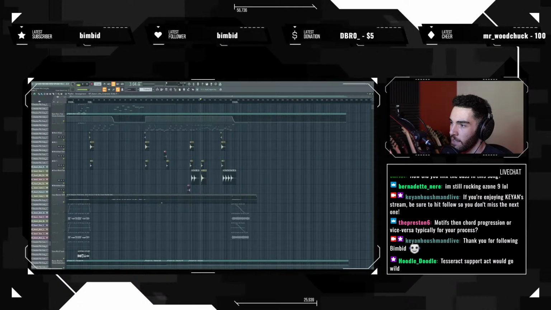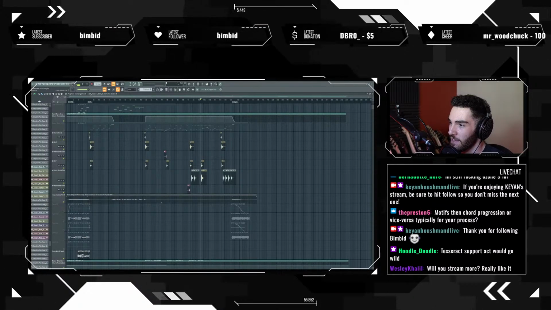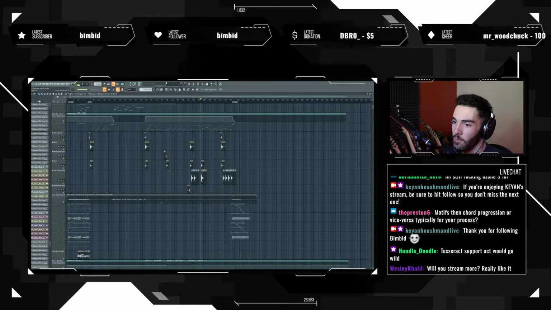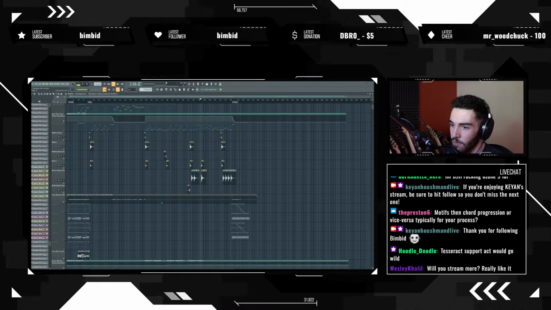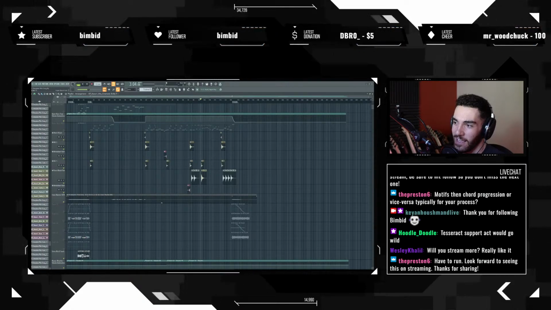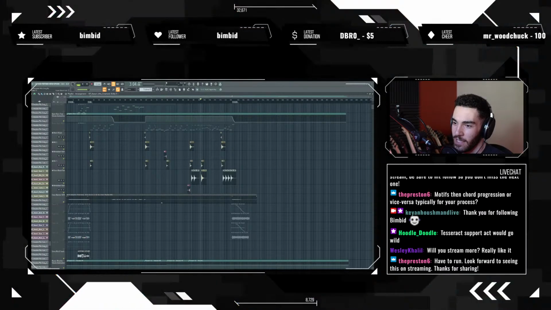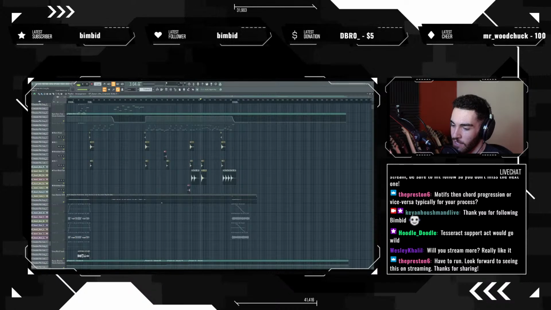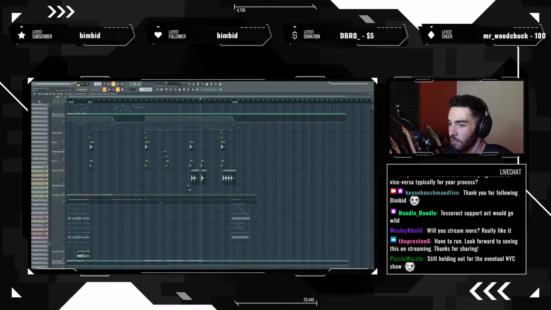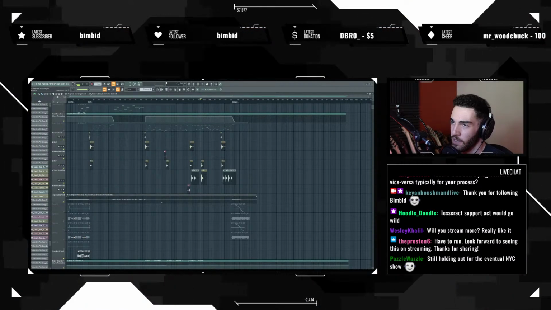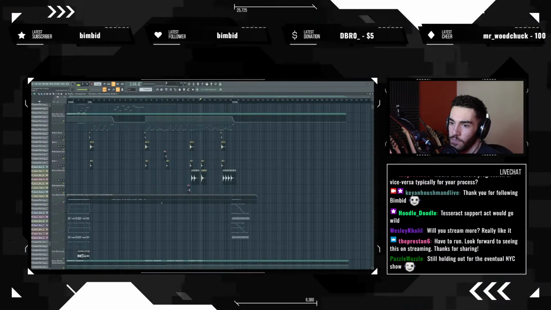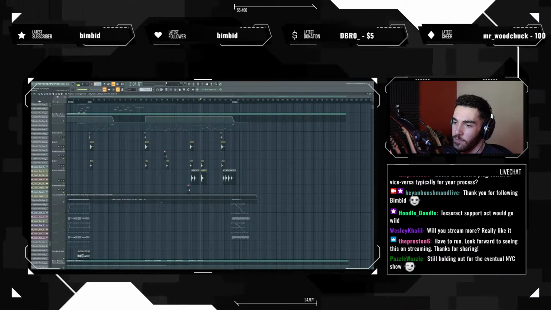Tesseract support act. I'm going to say that three times fast. Tesseract support act would go wild. We'd love that too, man. That'd be really sick. I'm a huge fan of those guys. Steven, my drummer, is a huge Tesseract fan. He would not have started playing drums that way if it wasn't for Tesseract. He's a huge fan of Jay. Yeah, I love Tesseract a lot. That would be really cool. And to play those rooms again, it'd be a similar vibe to the rooms we did on that Animals run. It'd be really fun to play rooms that big.